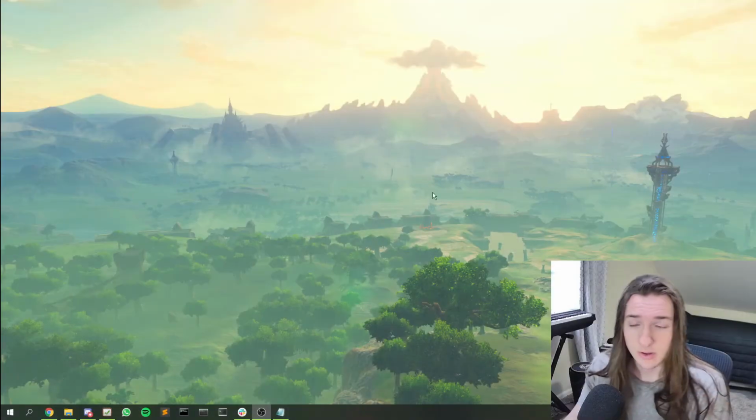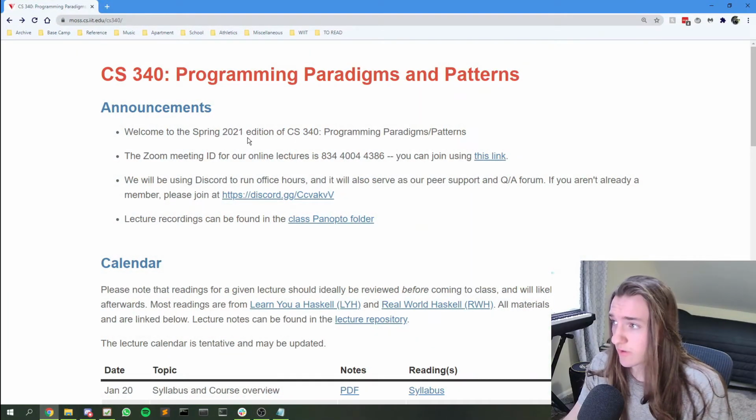I'm going to show you how to get the right software that you need on your computer to interact with the lecture material and that you'll need later to do assignments and submit them on GitHub. So first of all, I'm just sitting here on my desktop and we can go over to the course website